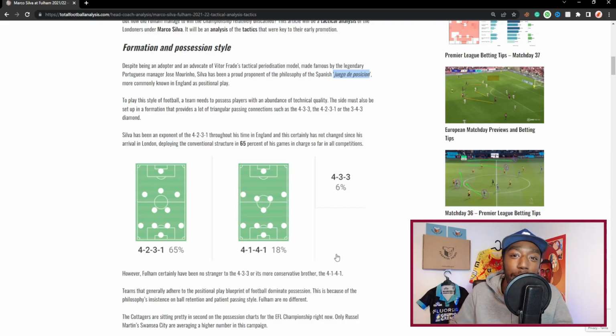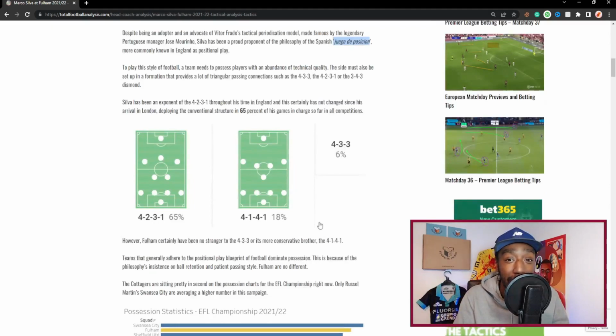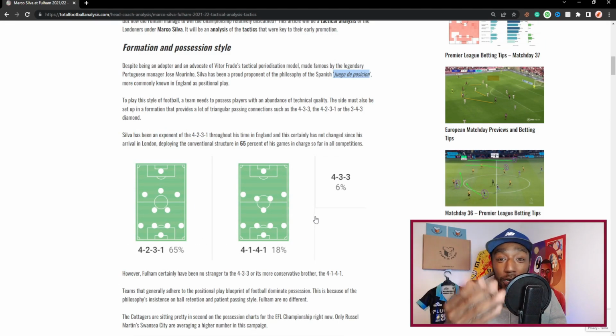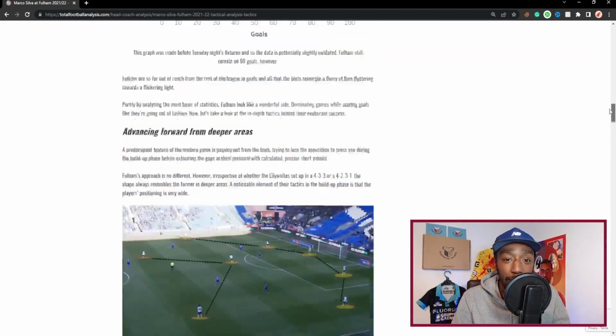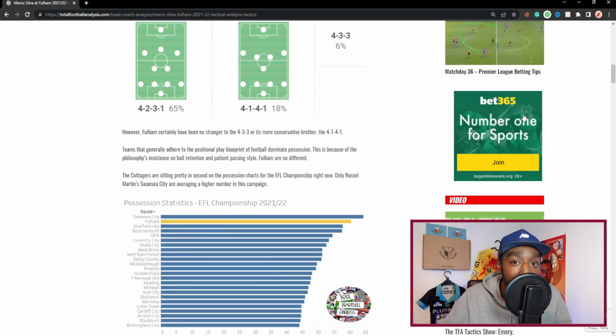So yes, people, we are back here again, reading off the internet. We are using Total Football Analysis this time with their Marco Silva tactical analysis. I use this site because I know it is okay. So we're going to read a little bit about it. I'm just going to pick the most intriguing parts. It is a very long read, so the link will be in the description below, but we're just going to look at this very briefly. I'm going to pick up the most intriguing parts, and we're going to try and implement that to our tactic